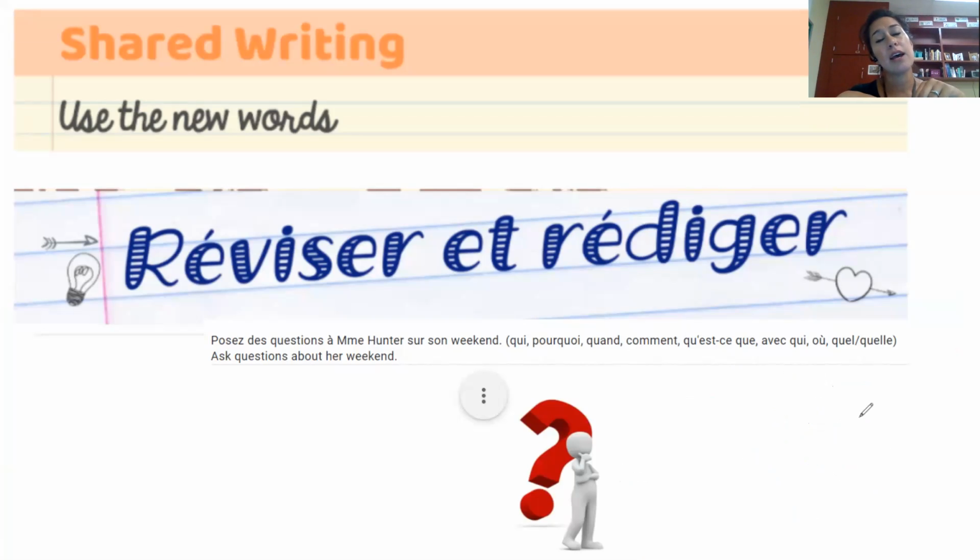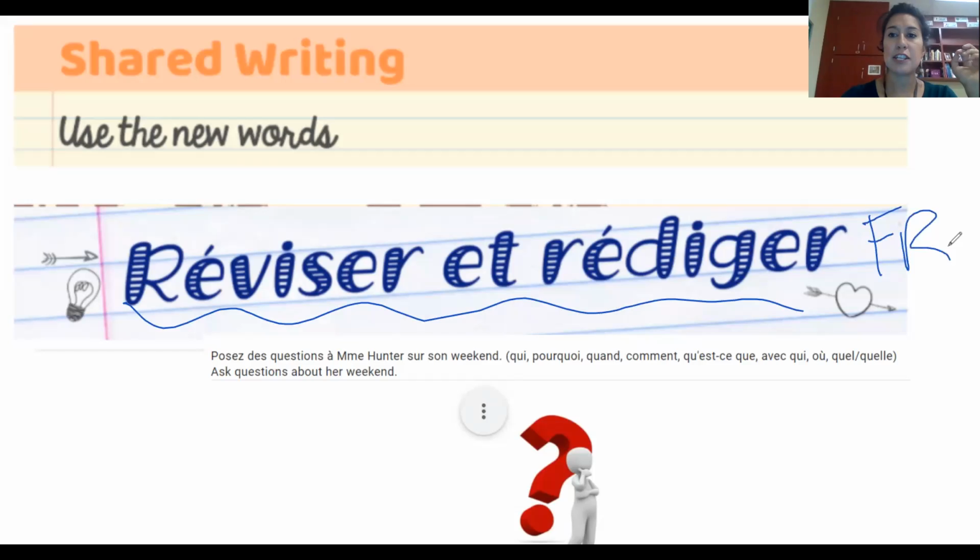And then as I'm doing this, you can have that on one side of your screen. And then you are doing the réviser et rédiger, which is in French. And you are literally copying at this point the writing that you're seeing. And your copying should be accurate. So as the words come up, you are copying those down. You're following along. You can wait till the whole writing's done, then pause and then do it. Depends on your timing of the lesson.